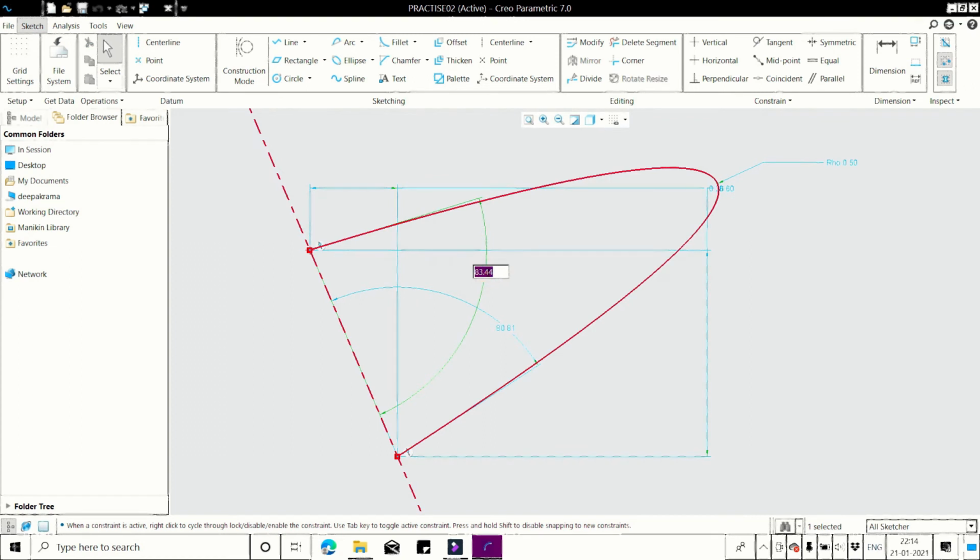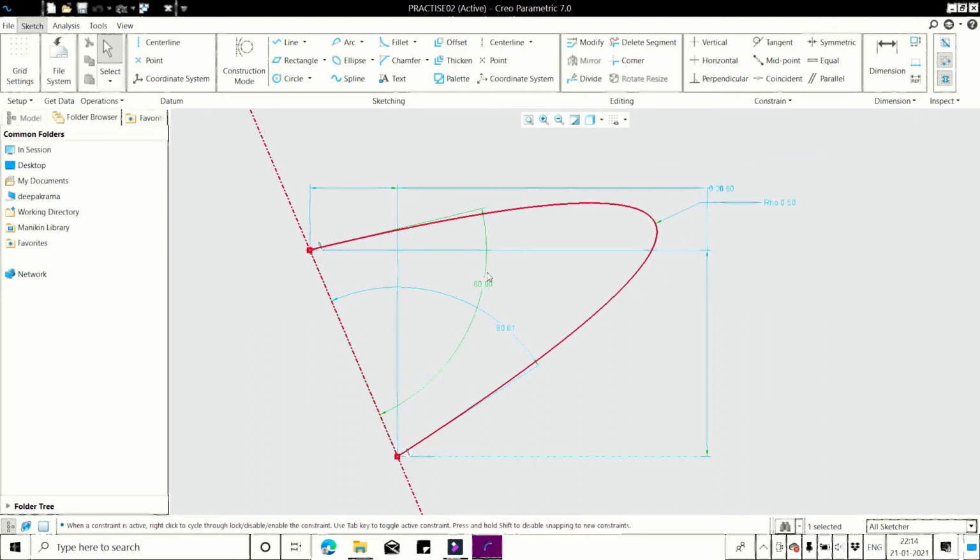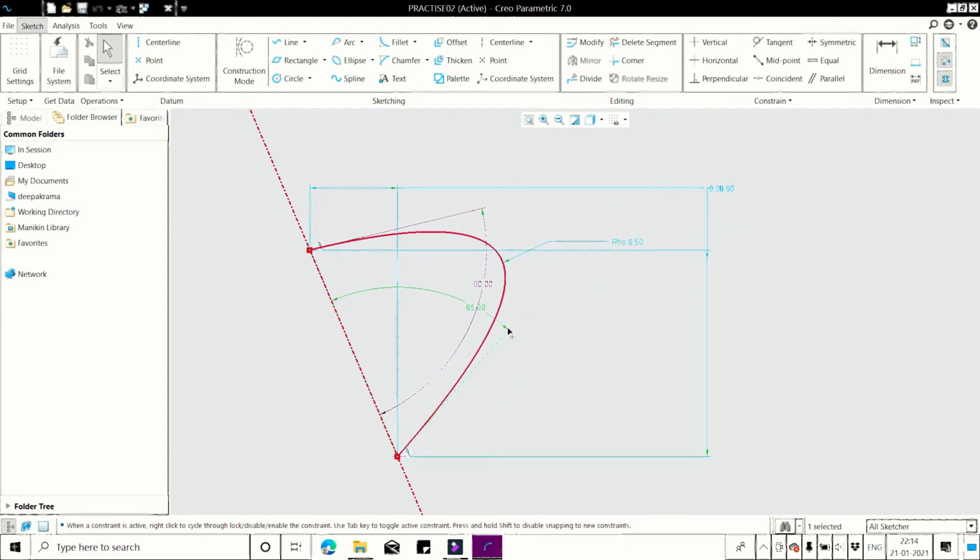Give the angle for the first side of the curve. I will give it as 80. Second side of the curve I will give it as 65. And rho, give it as 2.